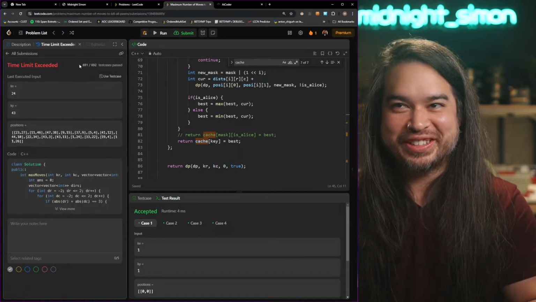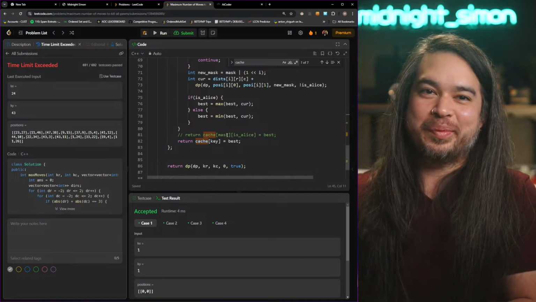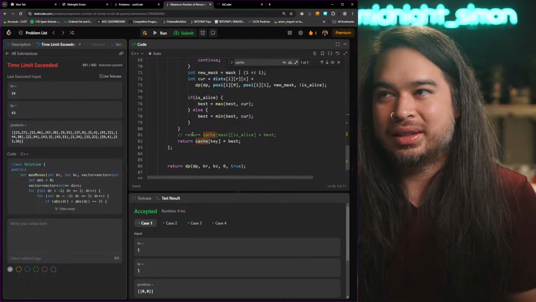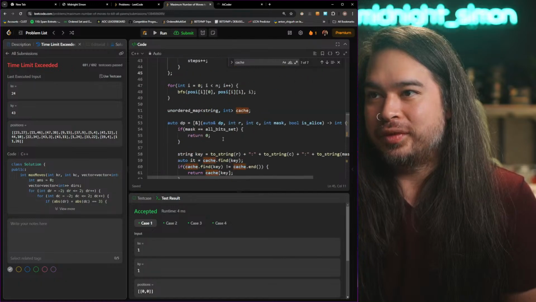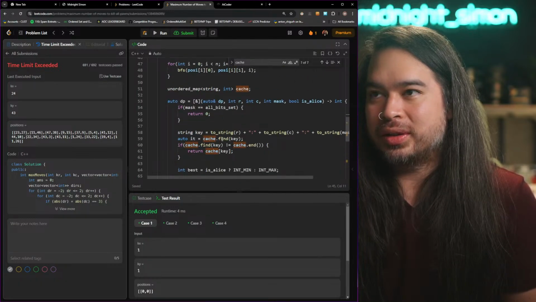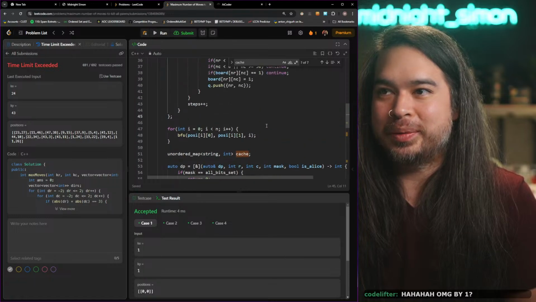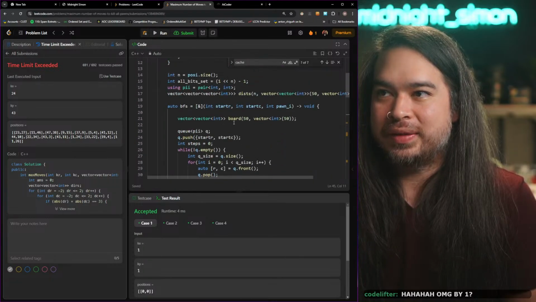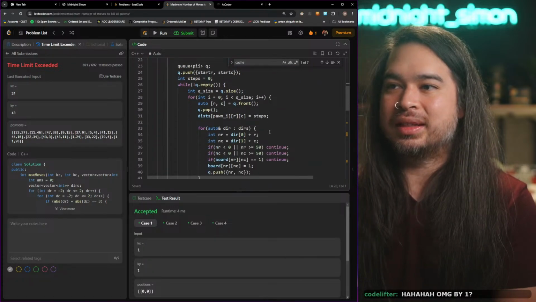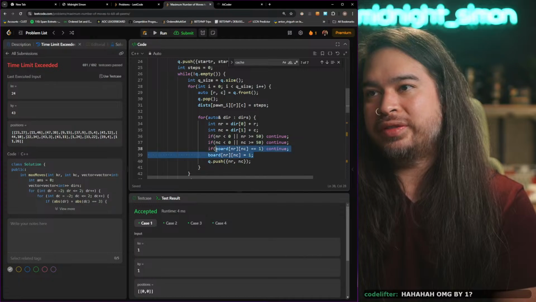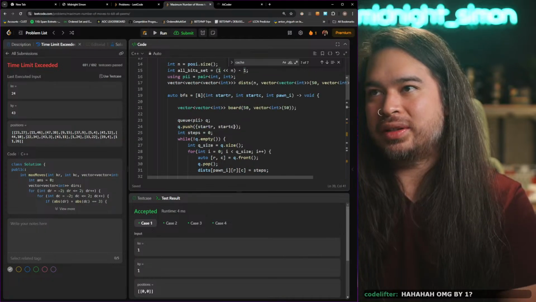A little bit closer, but not quite. Still one more test case to pass. A lot closer. All right, so how can I optimize this a little bit more? It's saying I don't have to initialize this board, I just need to fill the distances. But then, how do I know if I've seen a position? Maybe I can